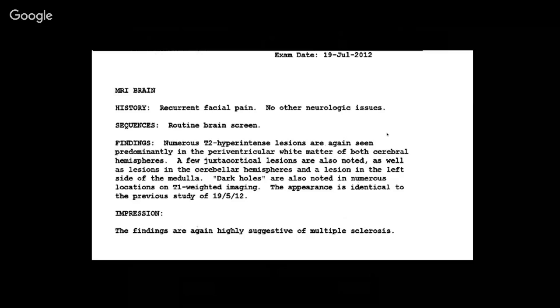This is an example of the type of report that a neuroradiologist may generate for the interpretation of imaging. They will describe what the history of the patient may be, and what the actual imaging technique was that was performed in order to acquire the information being interpreted. Then it will provide a summary of the findings, which may be incidental findings, benign findings, or findings that are concerning for a particular disease process. And then an impression summarizes those findings and gives any recommendation for next steps based upon those findings.